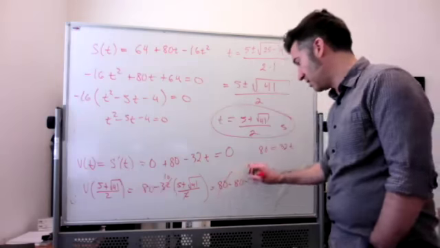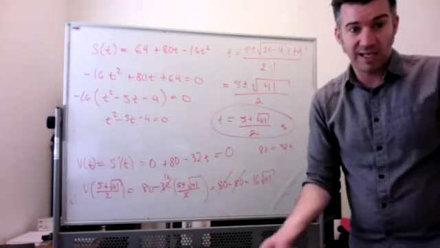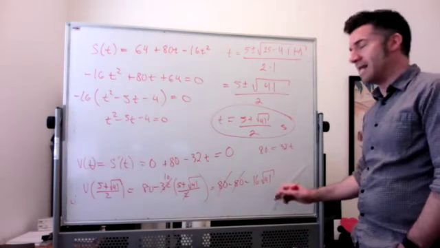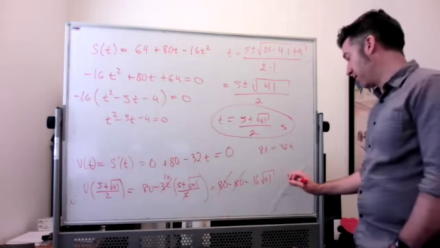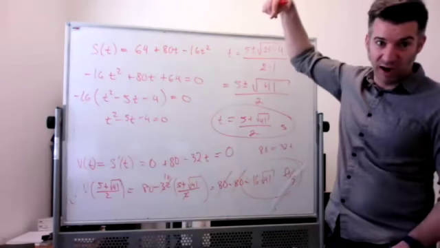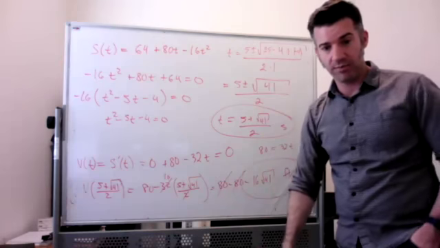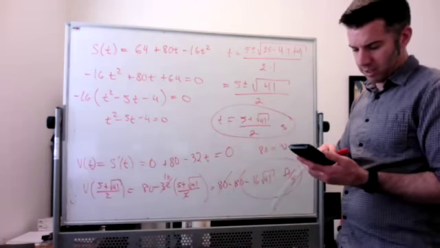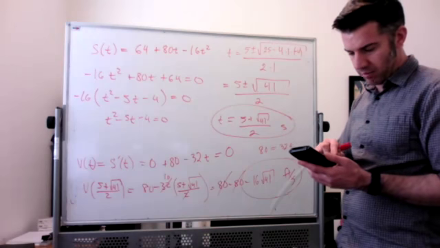These 80s cancel. So the velocity it hits the ground at is negative 16 times the square root of 41 feet per second. It should be negative because it's traveling downwards when it hits the ground. If you want, you can get a decimal approximation here. 16 times the square root of 41 is about,